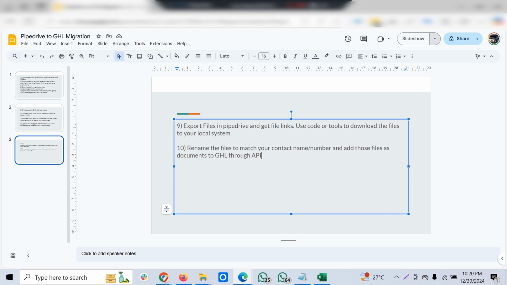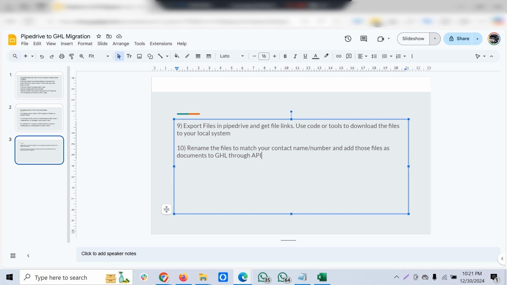In this video, I'm going to show you how to migrate data from Pipedrive to GHL. We at Marketing Sales have helped many clients migrate from one CRM to GHL or any other CRM. We have helped with ActiveCampaign, HubSpot, Zoho, and a lot of other CRMs also. Pipedrive is one of the popular CRMs, and it's sophisticated, with deals, leads, contacts, pipelines, automations, external integrations, marketplace apps, everything it comes